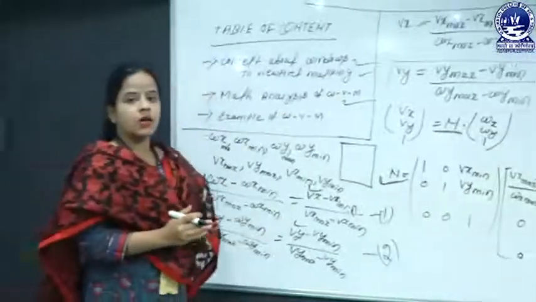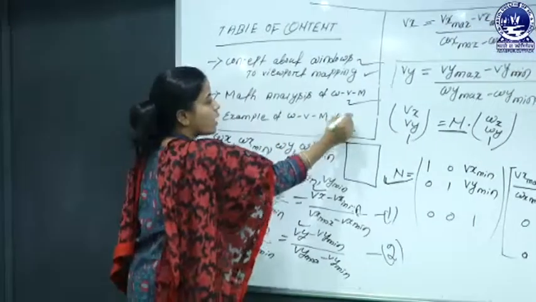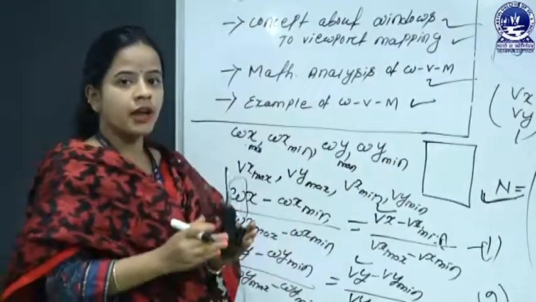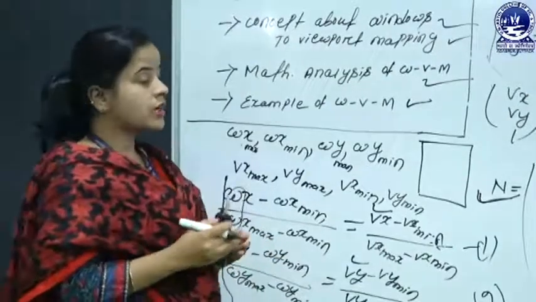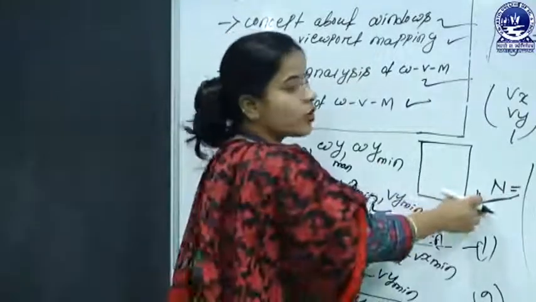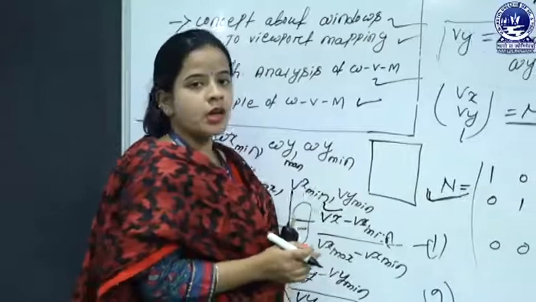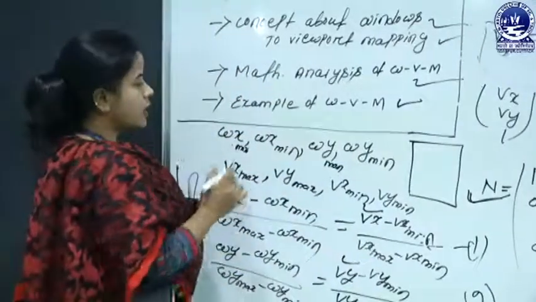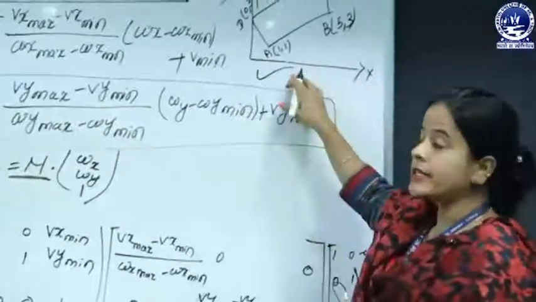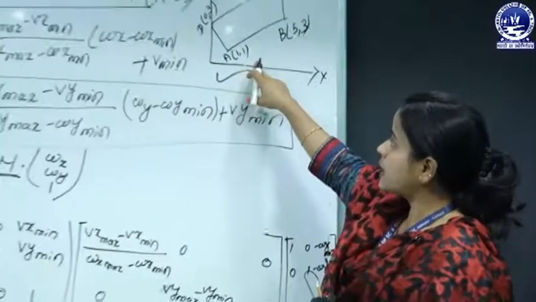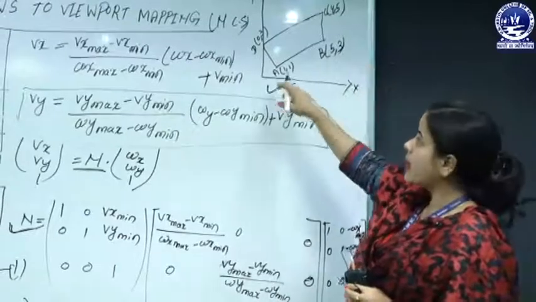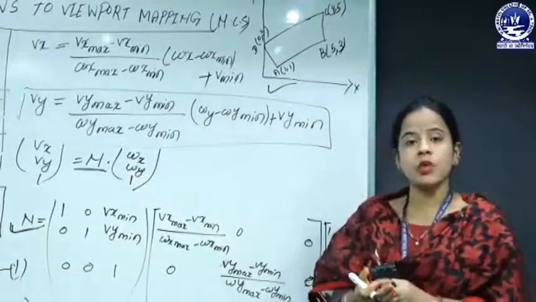So now to check one illustration, how the world coordinate system is mapped onto the viewport coordinate system in mathematical ways. That means we now check how the computer internally calculates and maps using this formula from window coordinate to viewport. We check it roughly. Suppose this picture defines 4 coordinate points. One is A of 1 1, another coordinate is B of 5 3, another coordinate C of 4 5, and another coordinate D of 0 3. That means it provides 4 pixel points.